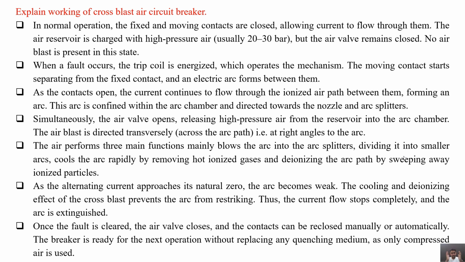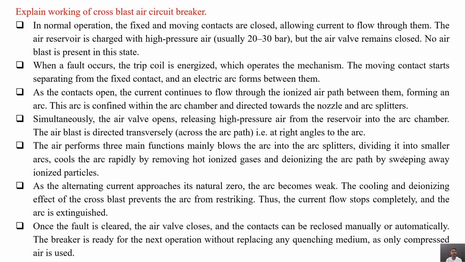This arc is confined within the arc chamber and directed towards the nozzle and arc splitters. Simultaneously, the air valve opens, releasing the high pressurized air from the reservoir into the arc chamber. The air blast is directed transversely, that is, 90° to the arc path or at right angles to the arc. The air performs three main functions: it blows the arc into the arc splitters, diverting it into smaller arcs, cools the arc rapidly by removing the hot ionized gases, and deionizes the arc path by sweeping away